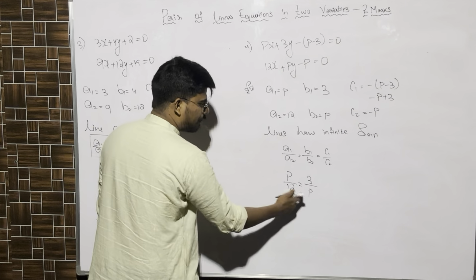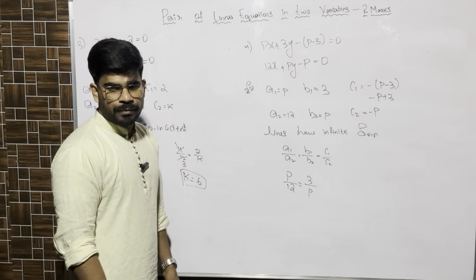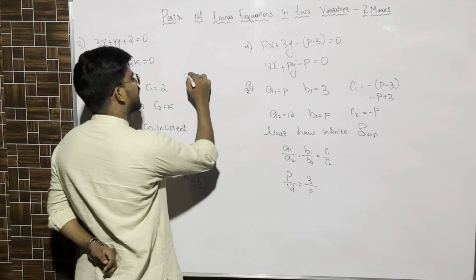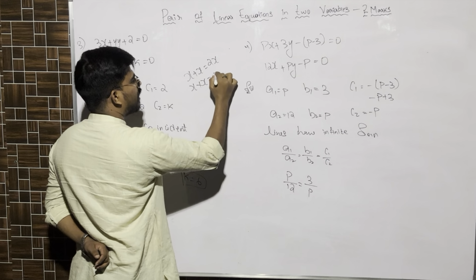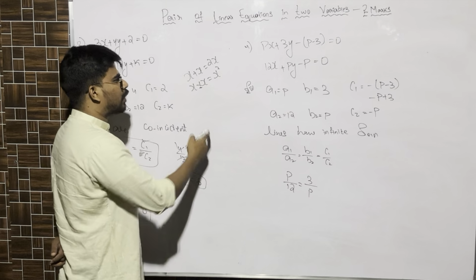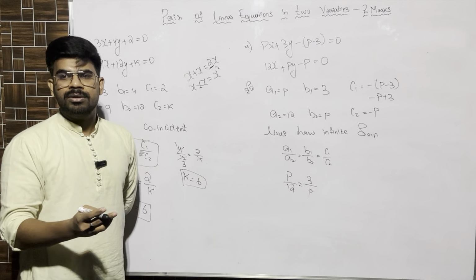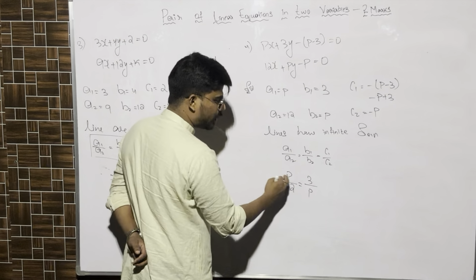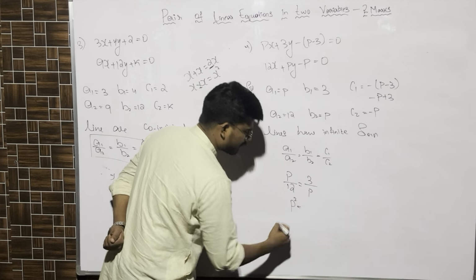If I cross multiply p into p, is it p square or 2p? p square. If it is p plus p, then you will have 2p. Understand this. If it is x plus x, you will have 2x. x into x, you will have x square. If you are multiplying, the power will be increased. If you are adding, the coefficient will be increased. x plus x plus x is 3x. x into x into x is x cube. Okay, don't get confused over here. Now here also, p into p is p square. I'm glad that nobody said 2p again.